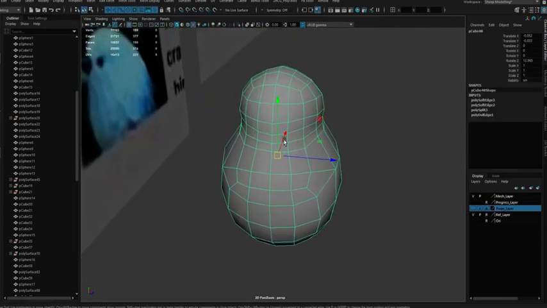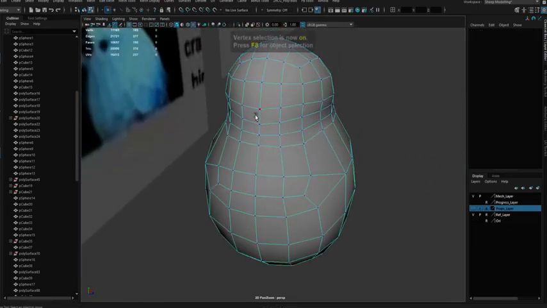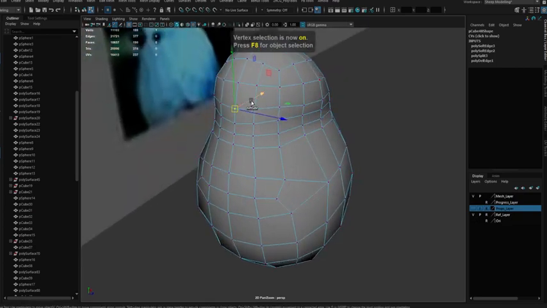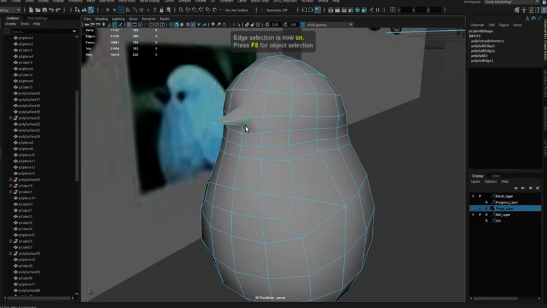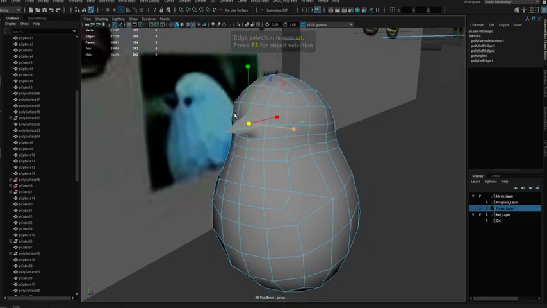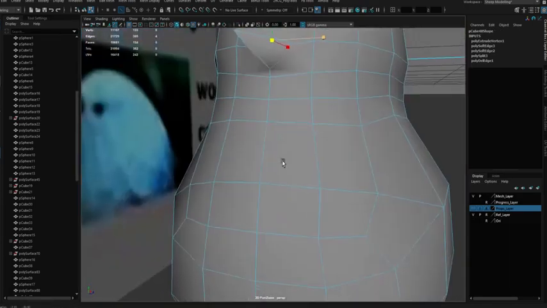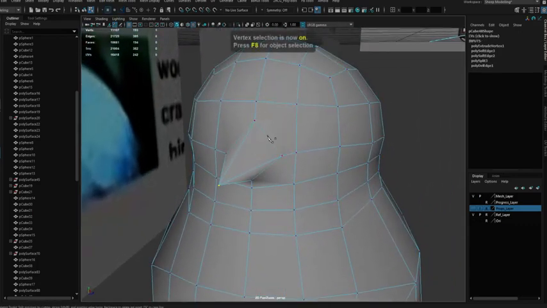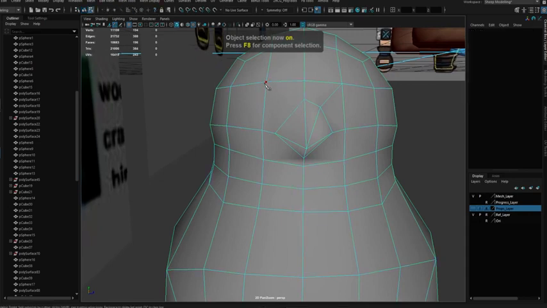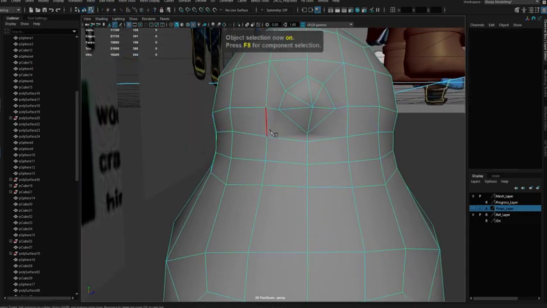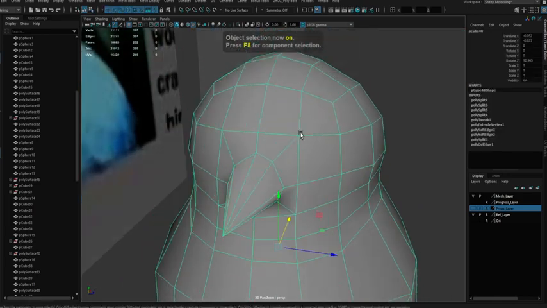Now we're at our beak here, so it can be a separate geometry, but there's no need for that. So what I'm going to do is shift and extrude this guy out. Oh, this is sweet, baby. We're going to go here. Yep. And I want this to be clean, like this. Bring this guy here just like this.